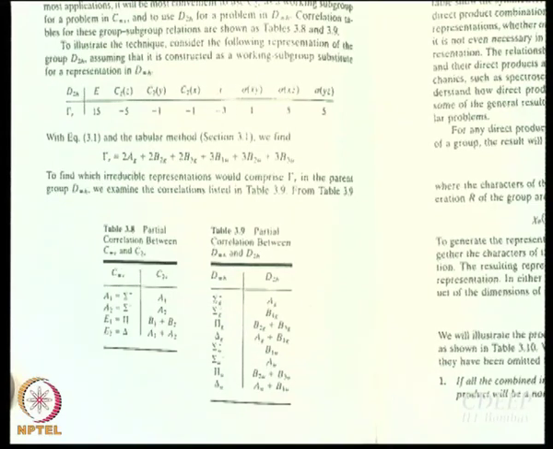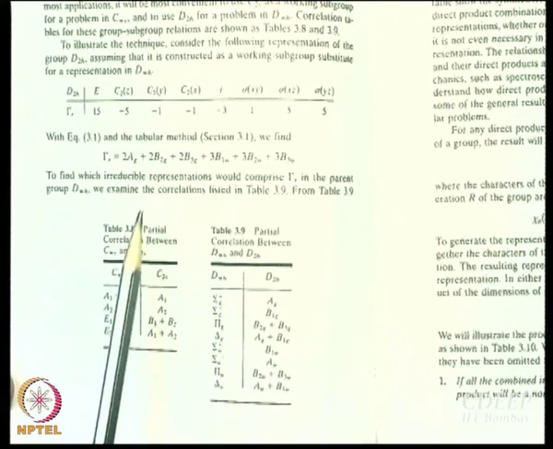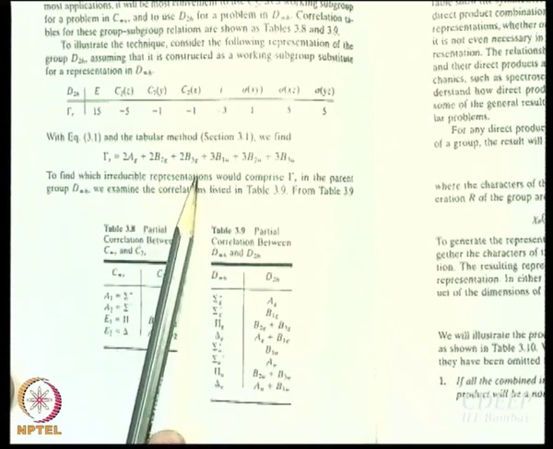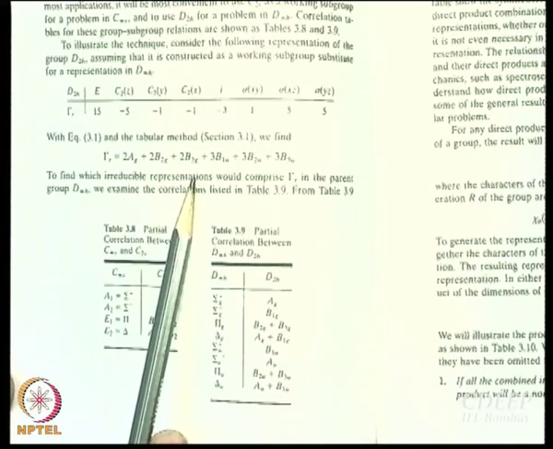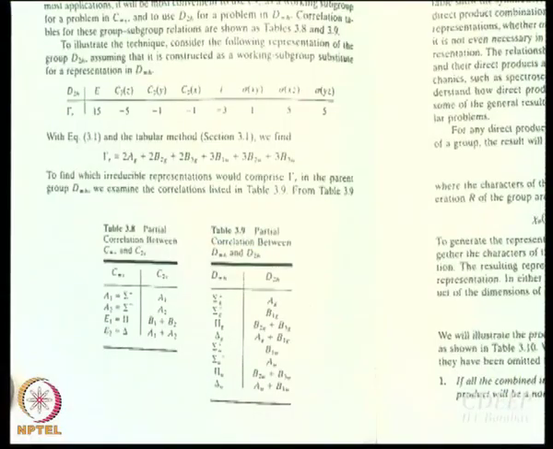So instead of 2AG, I am going to write 2 sigma G plus. What will I write in place of B2G? B2G plus B3G is pi g. Do we have B2G plus B3G here? We do. 2 multiplied by B2G plus B3G becomes 2 pi g, right? So far we have got 2 sigma g plus 2 pi g.